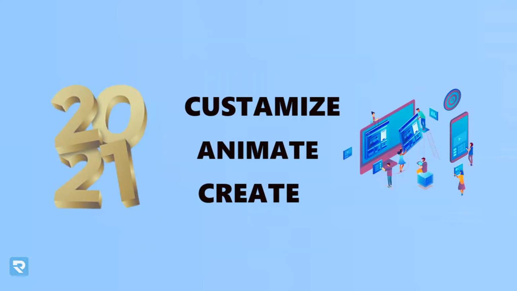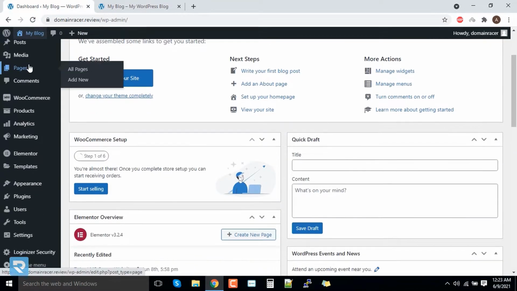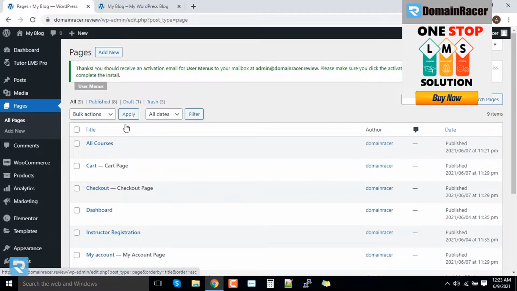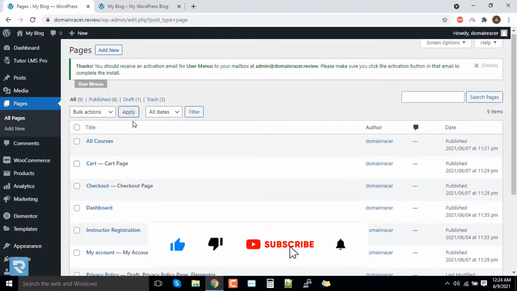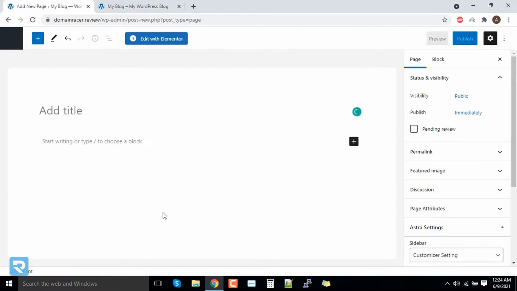We have to create the very first two pages. The first is the homepage and the second one is the about us page. Let's go into the pages section and click on all pages. Here we can see all the pages that already exist, but we wanted to create a new one. For that you can click on this option. Let me give a title. Here it is, the title: LMS World, the best platform to learn new.